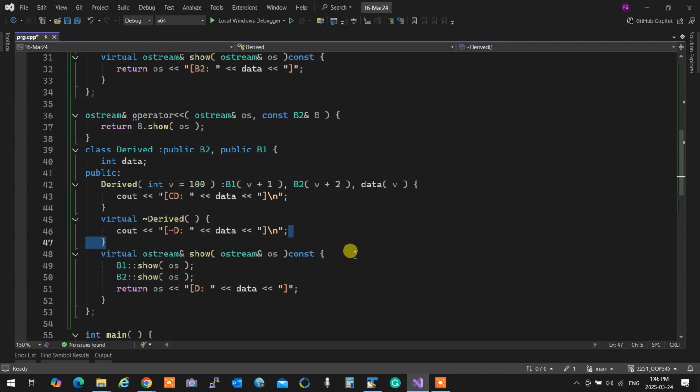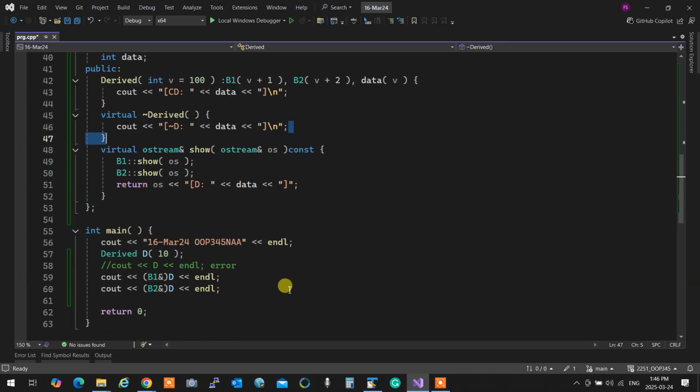The only difference is that you have two base classes that you're initializing as you go through it. Very simple and straightforward. In my show in the derived class, I'm showing B1 show and B2 show. Therefore, I can call the different base classes and return whatever I have in here.